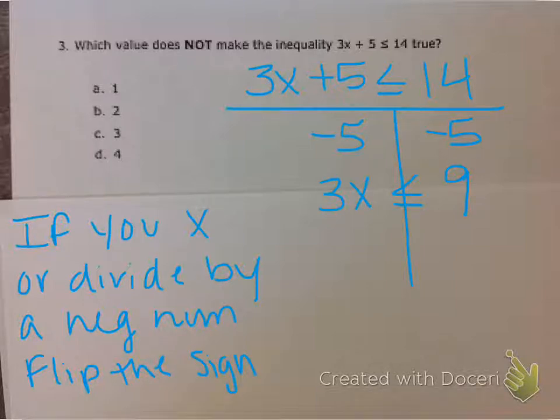And this time I just subtracted. So we can leave the sign as it is. Okay, we're going to see right here that 3 is being multiplied by the x, so we're going to put a dot